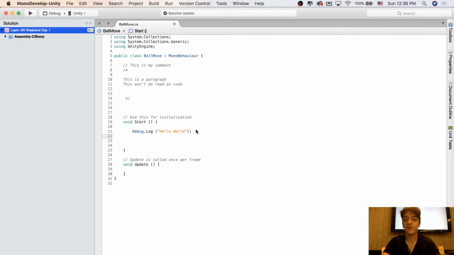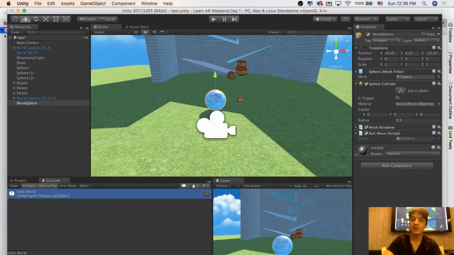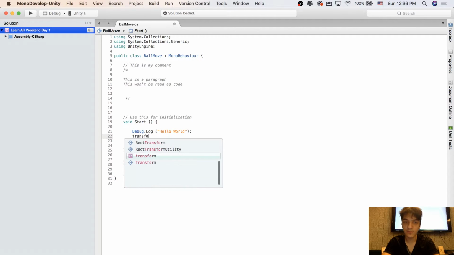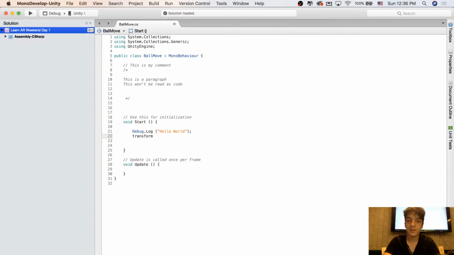So here's how you do it, right? Again, the component here, you see that? It's called transform. Now, a quick shortcut to reference the transform of the object that we're on: you can just start typing transform, like this, lowercase. I'll explain why it's lowercase. So just type transform dot position,